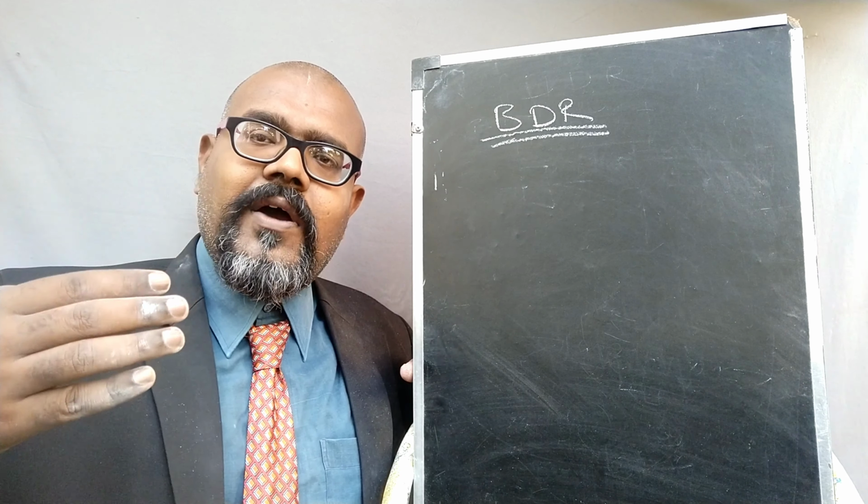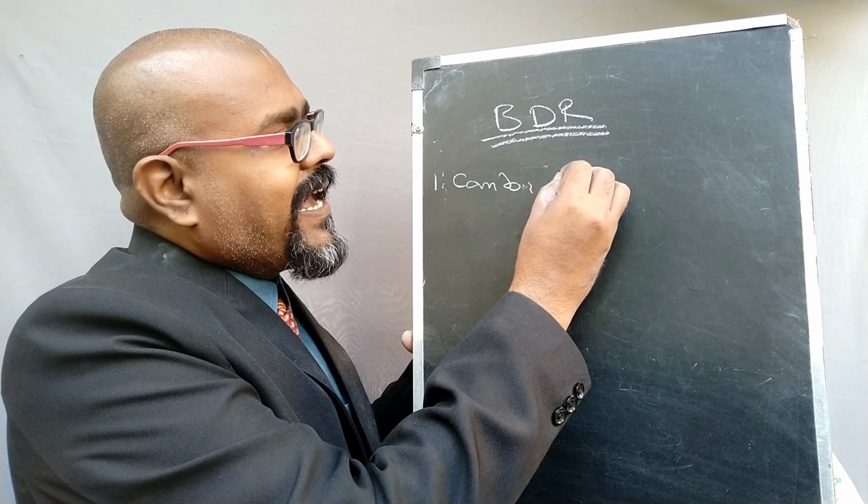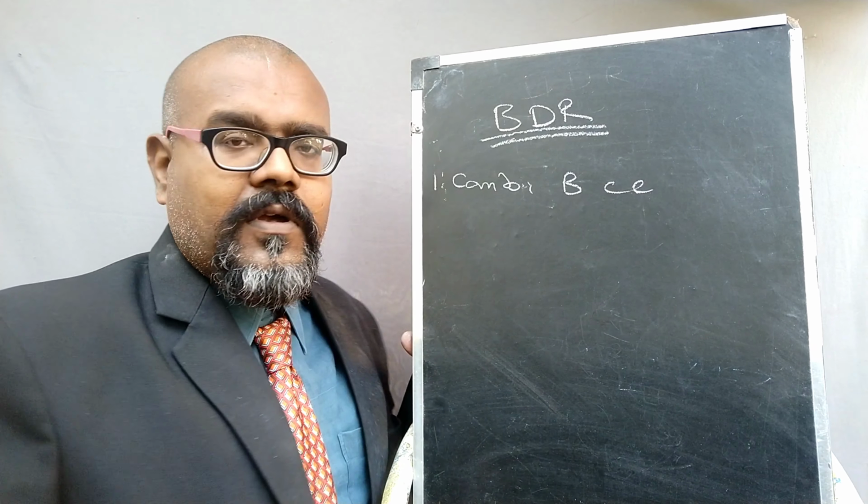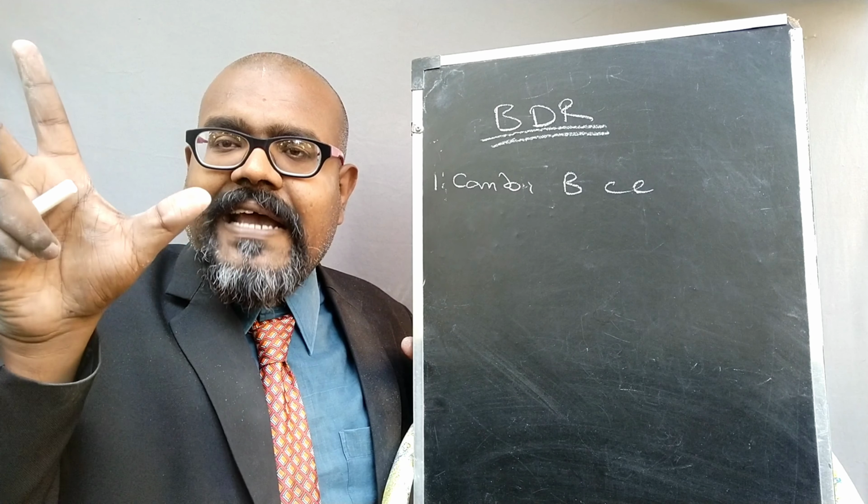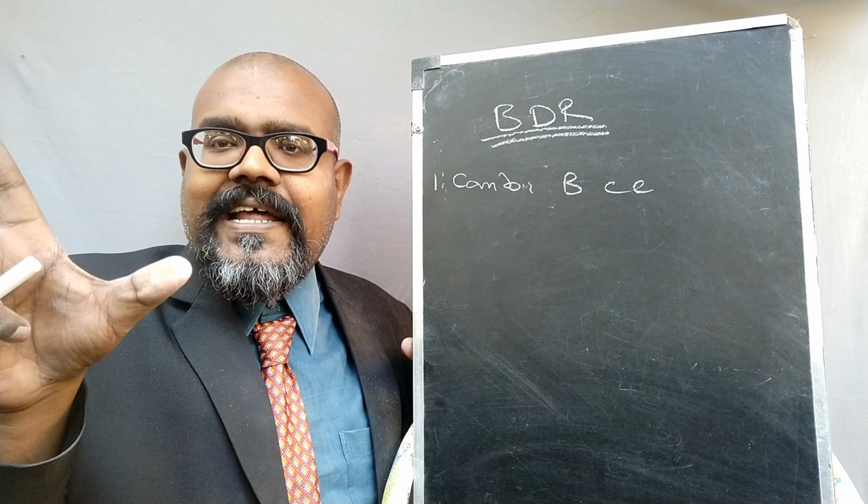How can we reduce the blocks? How can we apply the rules of the block? That is the thing you need to know: what are the conditions applied for reducing the blocks. That is the rules. So for the first condition, combining blocks in cascade connection. If the blocks are in cascade connection, how can we reduce the cascade connection? That is the first rule. So what is the thing we need to follow? This is the first rule, condition.